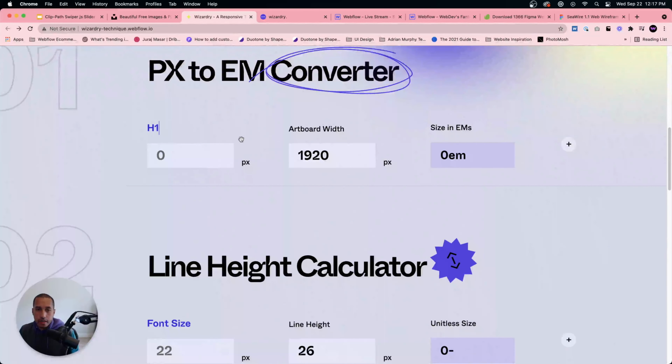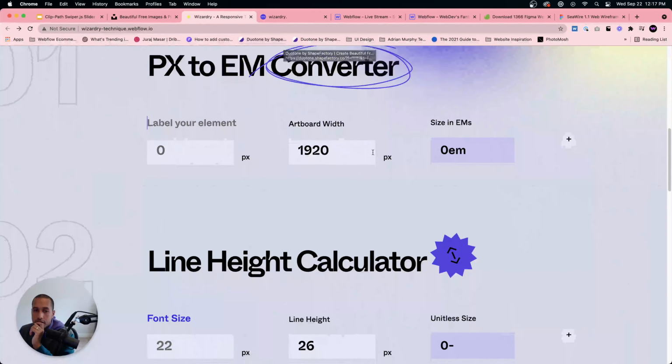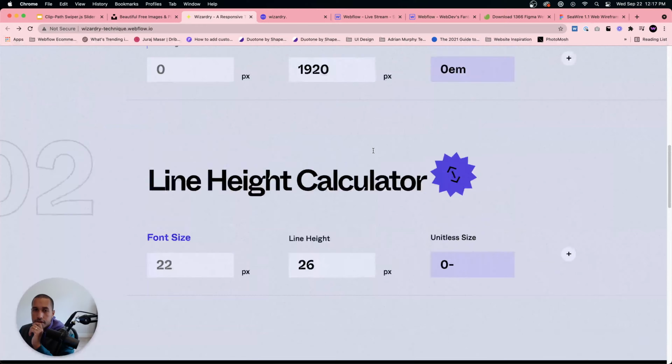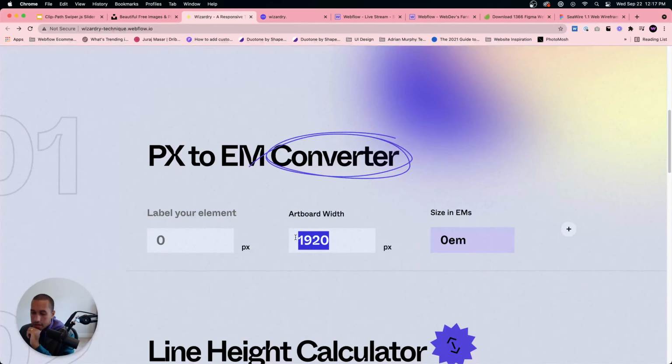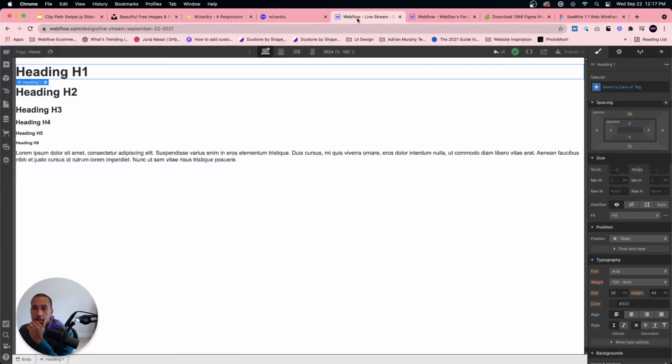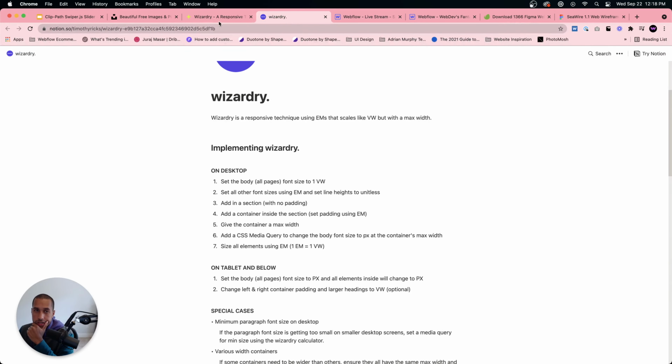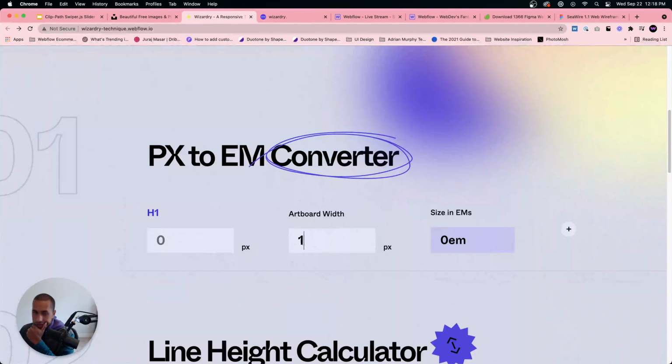So H1, our max width. Yeah, let's see. Our max width is going to be, we'll say 1440 for the max width. And then for the H1 is going to be, or you know what? I like using 1280 for my max width. That's just a personal preference. So either or is fine. So I'll say 1280 H1,